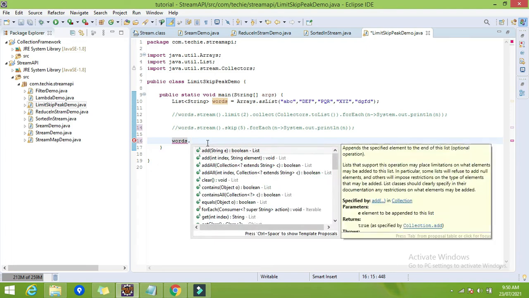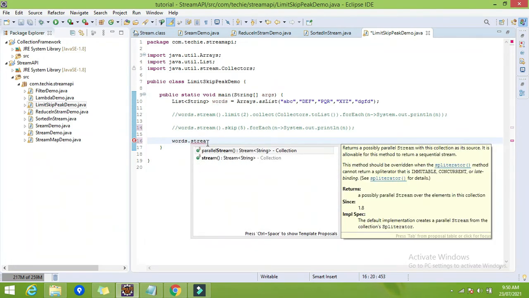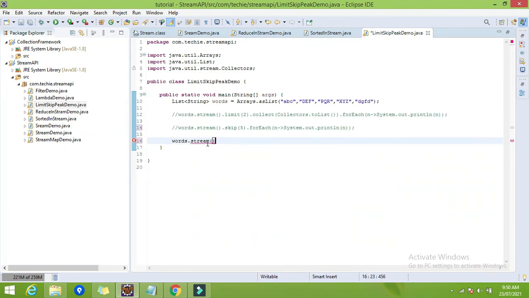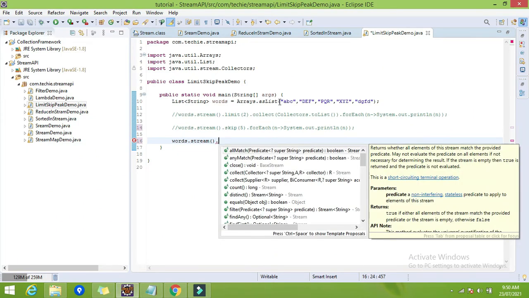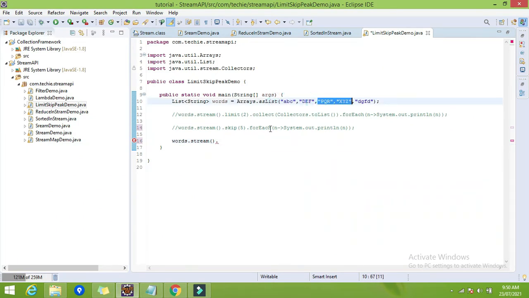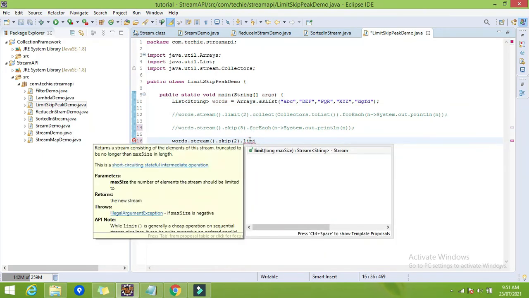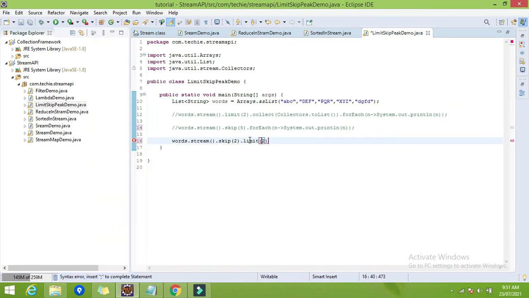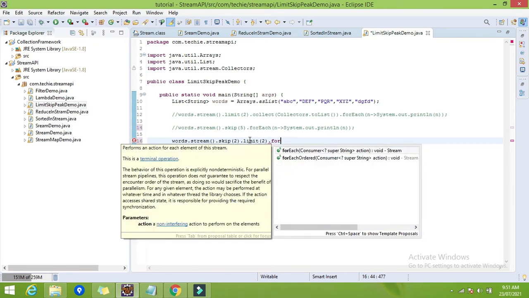Words dot stream, first I will skip the two elements because I want to display the third and fourth. Once I have skipped these two elements, I want to display only the next two elements, and I don't want the rest. So I will limit up to 2, dot limit 2, and then display it.